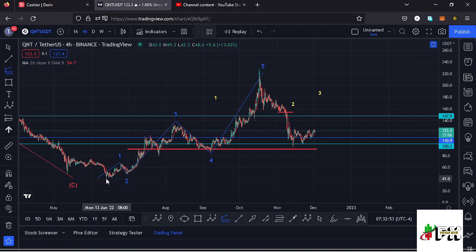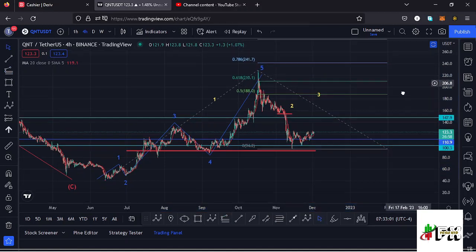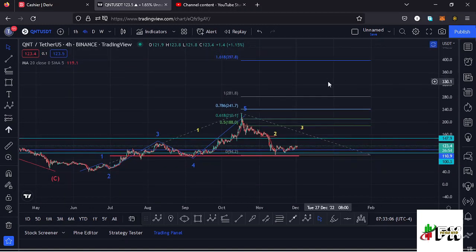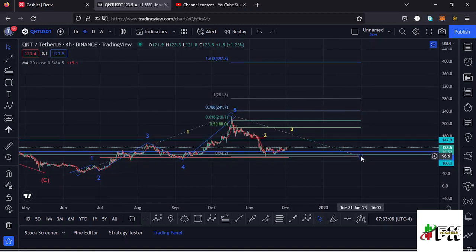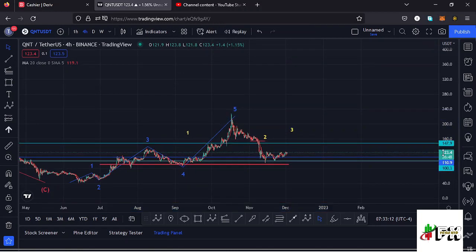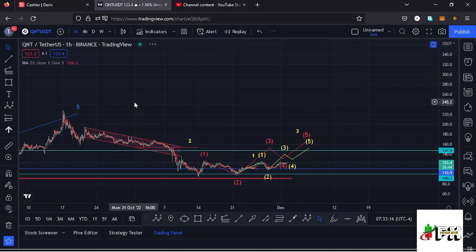We can sketch the trend based Fibonacci from the low of the first wave to the high of that wave 1, then dragging the fibs to the low of the second wave, and that gives me a minimum target area at the fib level 1.618, and that is at around the $397.8 mark, and that is the minimum that I would expect Quant to do once we see that reversal to the upper side. And jumping to the 1 hour chart for the short-term scenarios that can play out and also